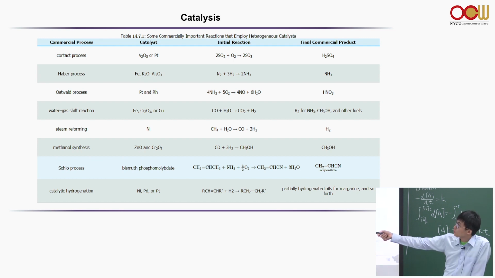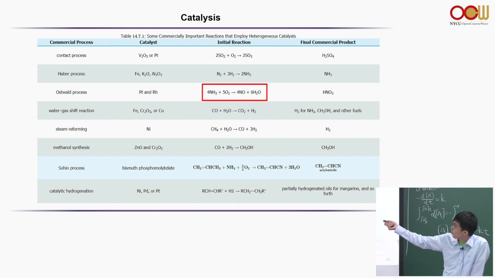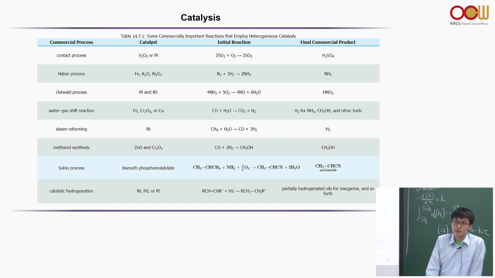And we mentioned Ostwald. Why is Ostwald important? Okay, he figured out a way to convert ammonia, I think this is a reversible reaction. He figured out an alternative way to generate nitrogen oxide from ammonia. Okay, so if you read your chapter 14, there are a lot of reactions describing what's going on.